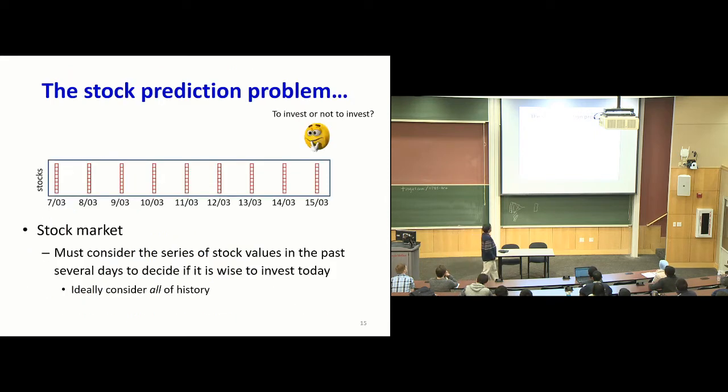Now let's go back and look at the stock market problem. For the stock market problem, you have to analyze a series of inputs, and you have to decide whether you must invest or not. So in order to make a decision at this time, you have to consider what happened in the past. You have to look at the stock values, or the vector of stock values, going several days into the past, ideally all the way into the past as far as possible, right? So how could you do this? What sort of neural network would actually look at a bunch of past values to make a current prediction? Anybody remember?